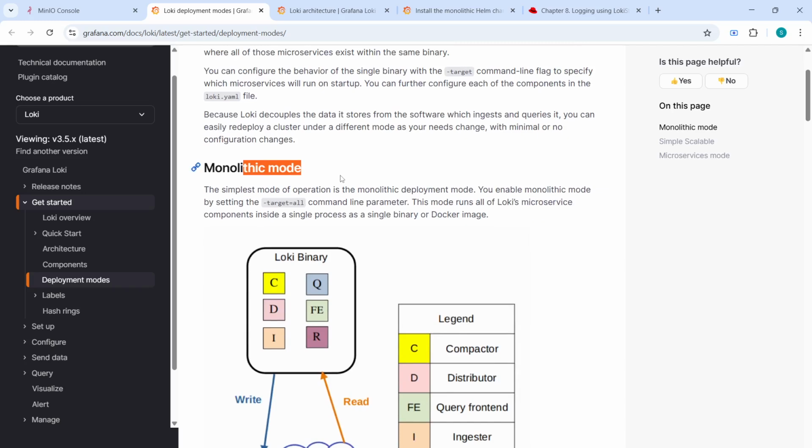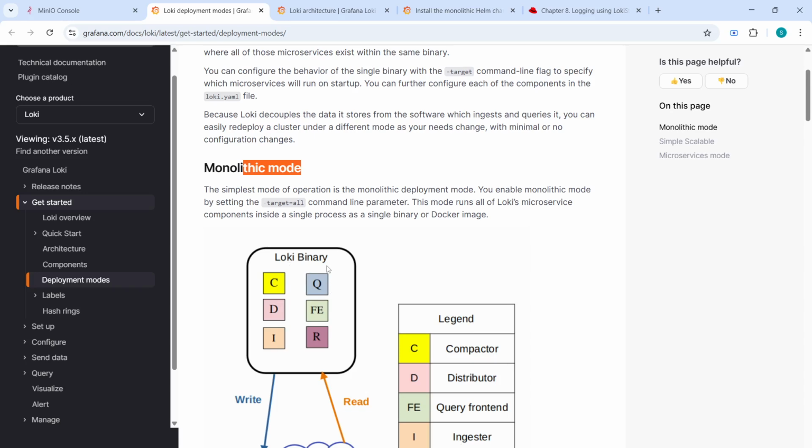Loki can be deployed in microservice mode, where each component can be split into a different process so that you can easily scale your application. For example, suppose the ingester component is there, and your enterprise needs this component to be scaled based on your load. Then you can individually scale only this component. But in the Loki binary deployment, we are going to deploy all components